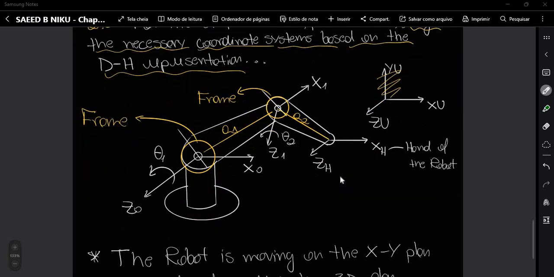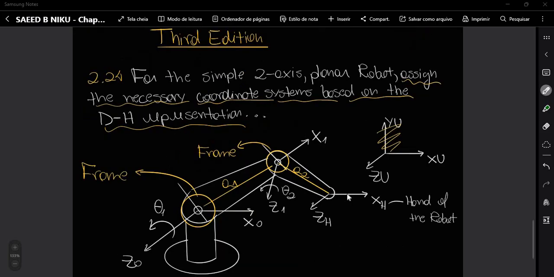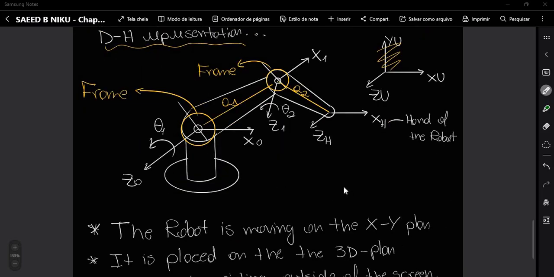In part one, we drew this illustration of the robot and assigned the axes needed on the DH representation, and assigning these axes we have turned these joints into frames. So we assign Z axis and X axis into the joints, and this way we turn